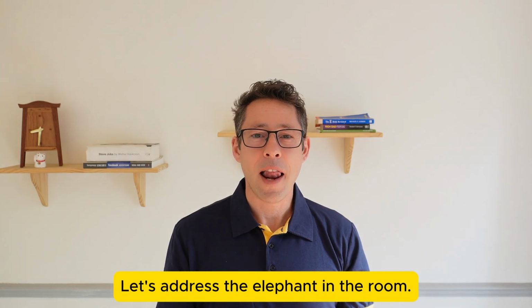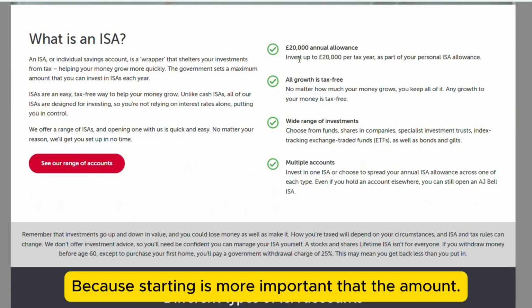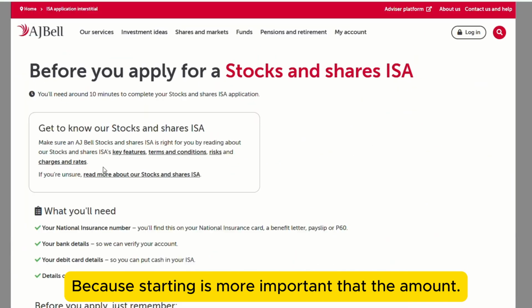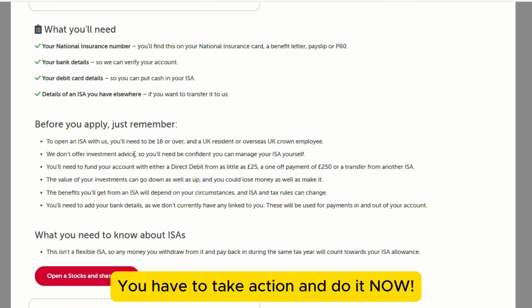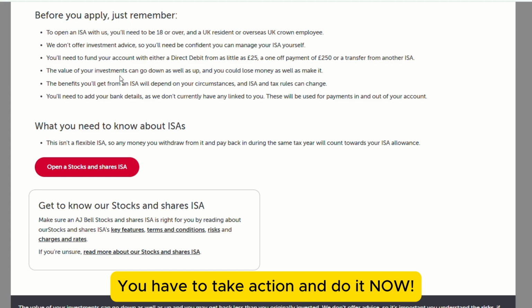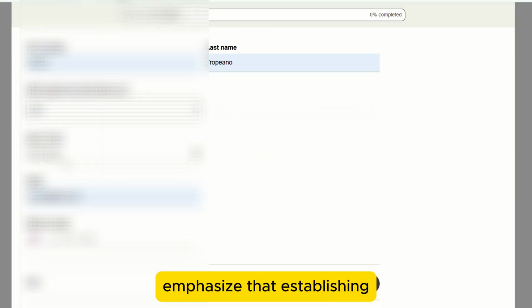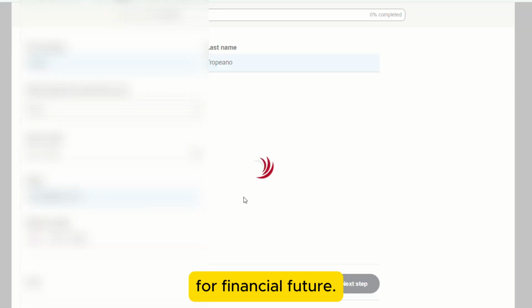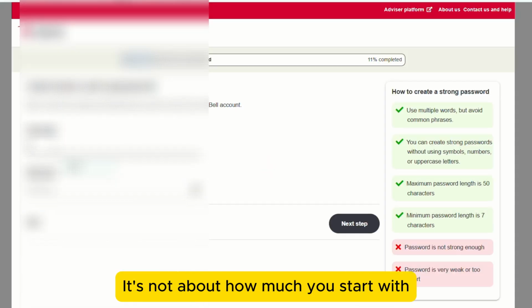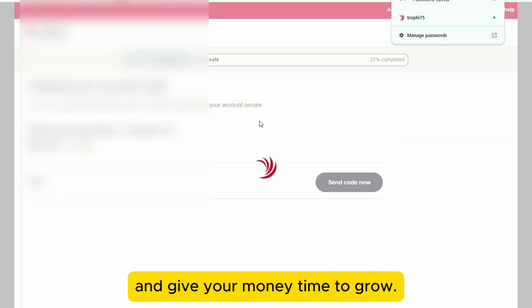Let's address the elephant in the room. Why bother with just £50 a month? Because starting is more important than the amount. As they say, better late than never. You have to take action and do it now. Financial experts consistently emphasize that establishing a consistent investment habit is one of the most powerful things you can do for your financial future. It's not about how much you start with, it's about building the habit and giving your money